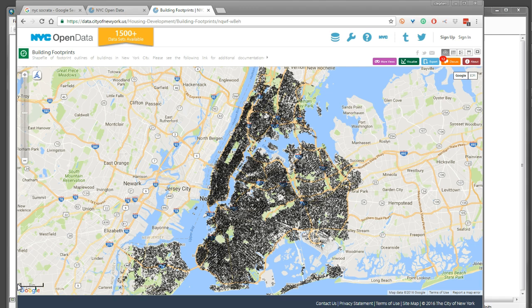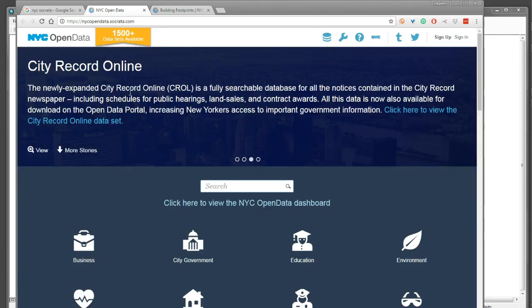So to get started here, we're going to take the data that's available on Socrata. In this particular instance, we're going to use building footprints, and we're going to get that into a desktop GIS so we could do analysis work on it, and we're going to get it into the correct projection system for New York City. So to get started, if I were to go to NYC Open Data, the Socrata platform,